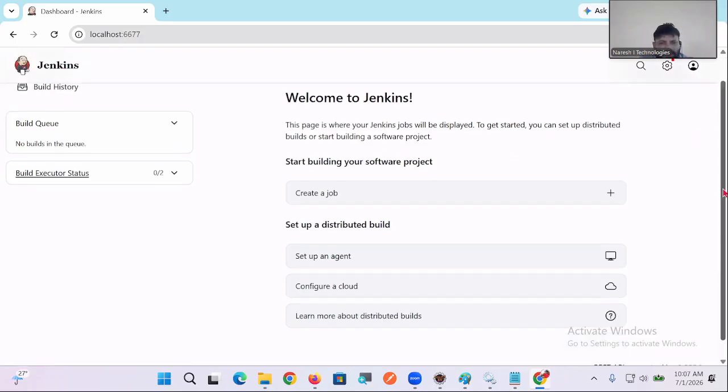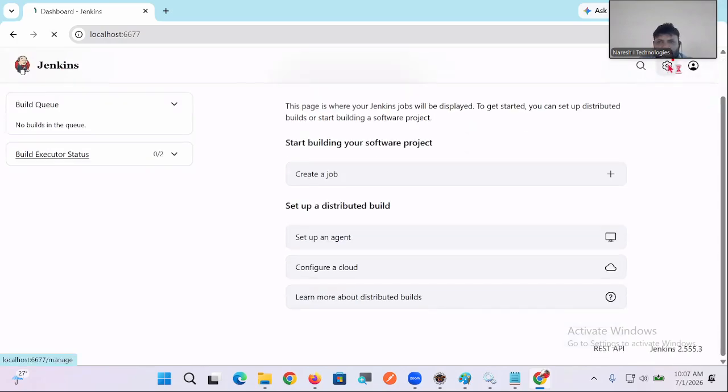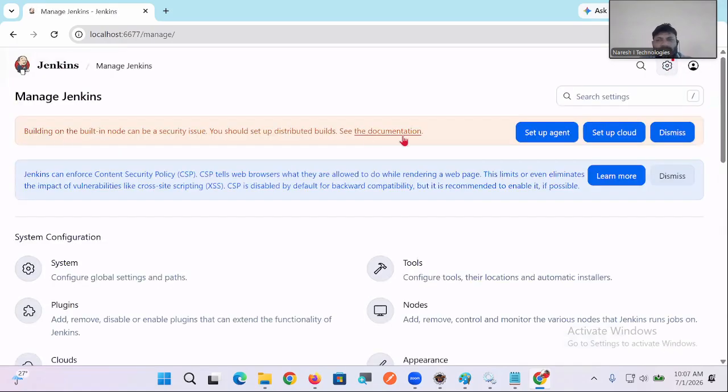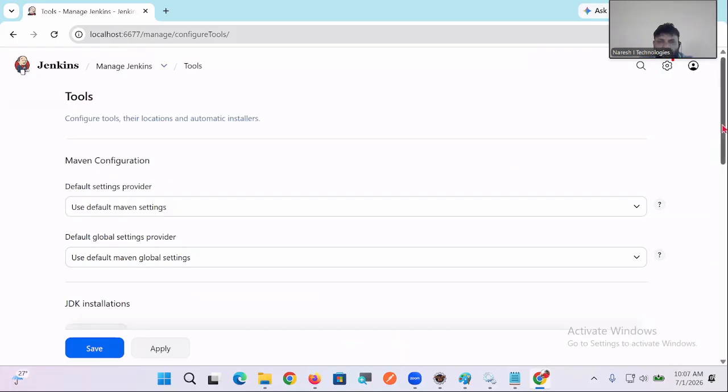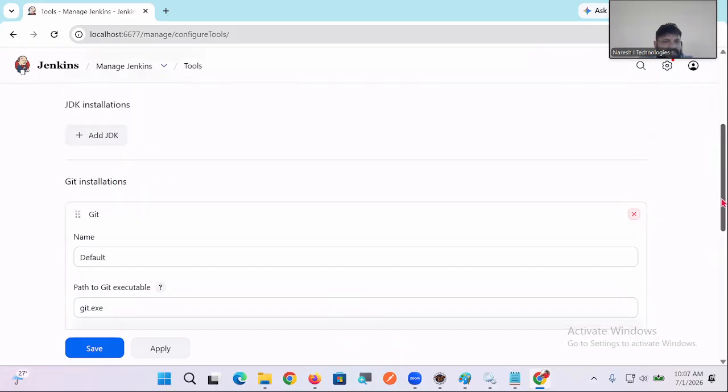Settings. Manage Jenkins is there now, guys. First you have to configure tools. Okay, see in the tool section,